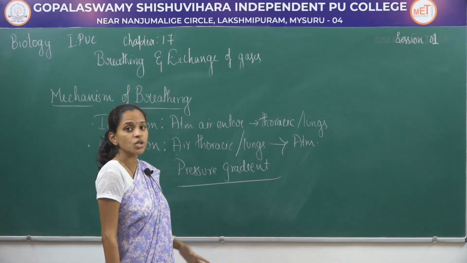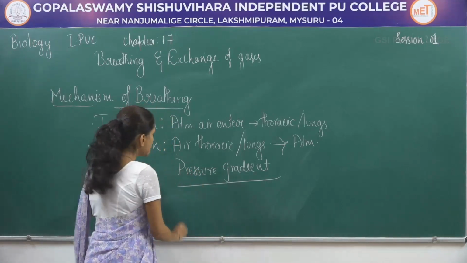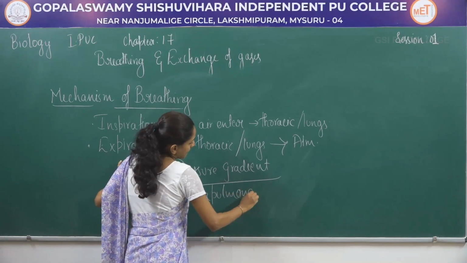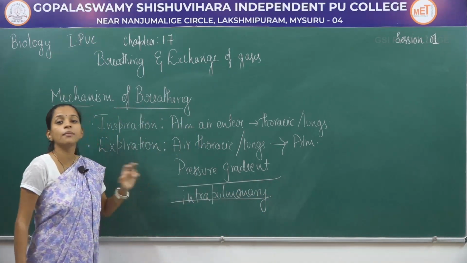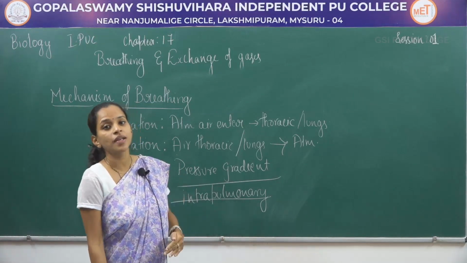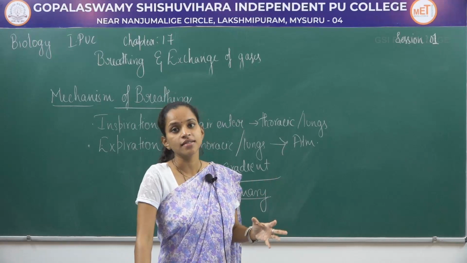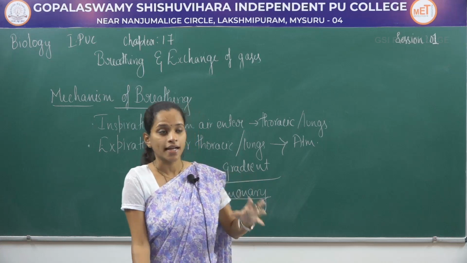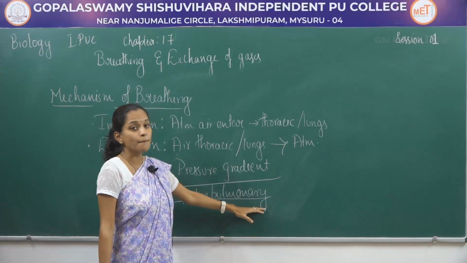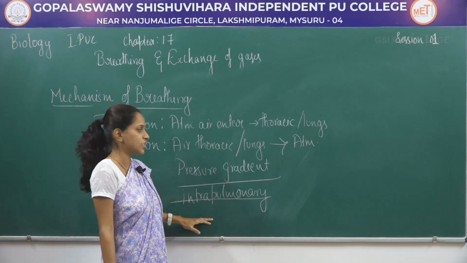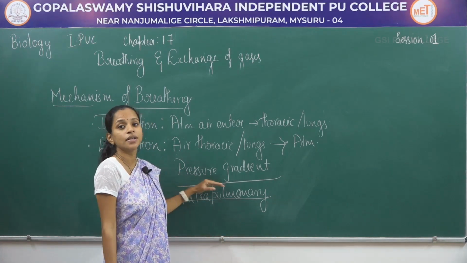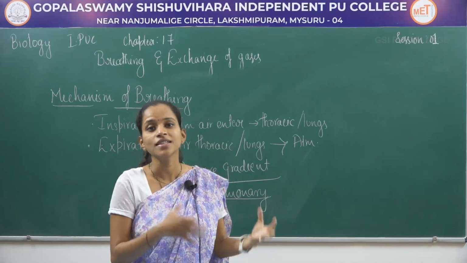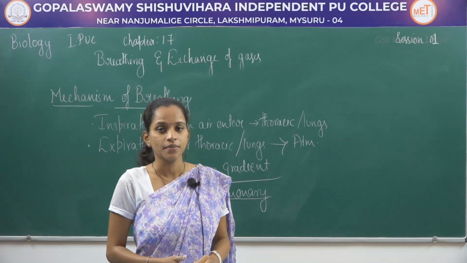And the respiration which takes place through lungs is termed intrapulmonary respiration. Intrapulmonary respiration means here the inspiration and expiration involve the exchange of gases between the atmosphere as well as the lungs which are present in the thoracic cavity. That is why this exchange is termed intrapulmonary respiration or exchange. For this exchange, it requires a particular type of pressure gradient. Now we will study about this mechanism of inspiration and expiration in detail.